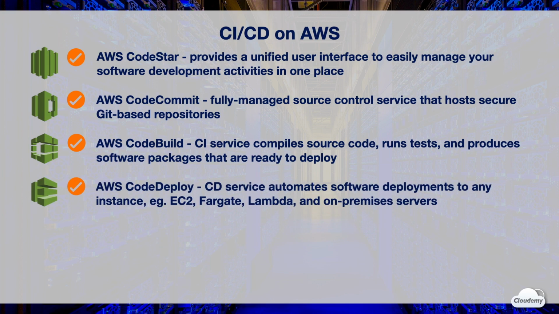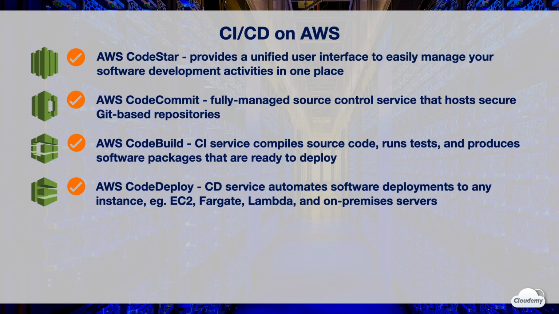AWS CodeDeploy is a fully managed deployment service that automates software deployments to a variety of compute services, such as Amazon EC2, AWS Lambda, Fargate, and your on-premises servers. CodeDeploy makes it easy to rapidly release new features, helps you avoid downtime during application deployment, and handles the complexity